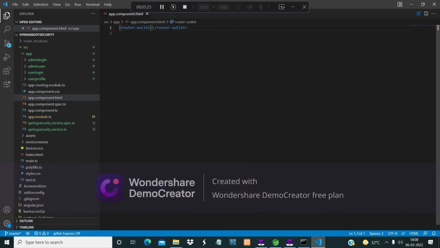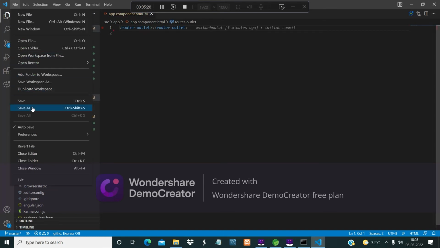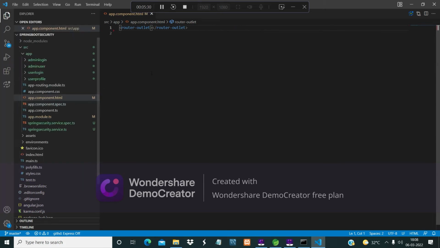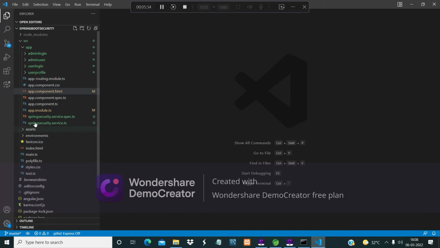And save the file. Then we will change the app.module.ts.